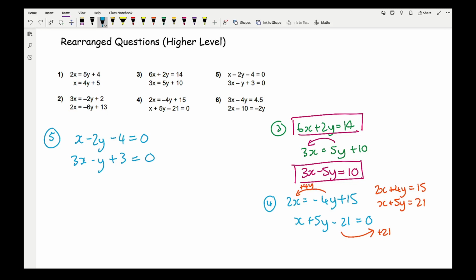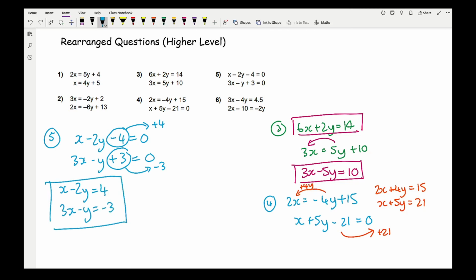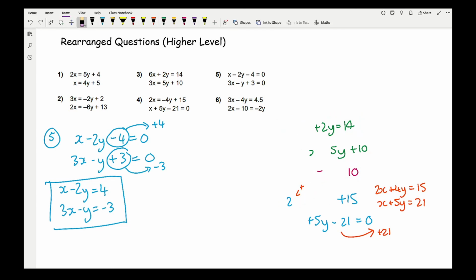However, if you feel more comfortable having letters on one side, then all I need to do is, on the first equation I need to add 4, and on the second equation I just need to take away the 3. So what I end up with is x minus 2y equals 4 and 3x minus y equals minus 3, and these then are my two equations. And then finally for question 6,